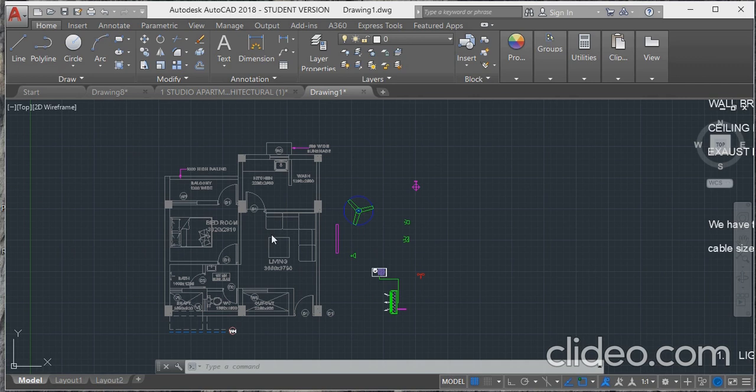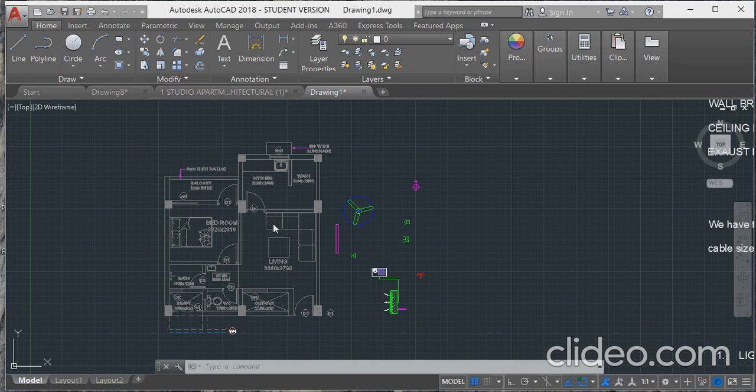Now this flat consists of three loads: lighting load, raw power load and AC load. We have to know the basic things of lighting load. The loads are less than 100 watts, like fluorescent tubes, CFLs, ceiling fans, exhaust fans, etc. In a lighting circuit, the cable size should be 2.5 square mm for copper, and the circuit breaker should be a 6 amp MCB